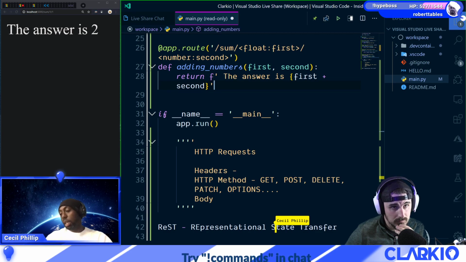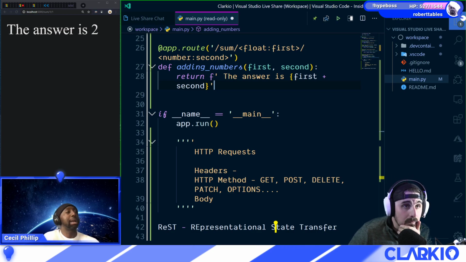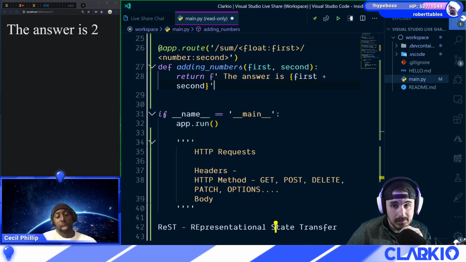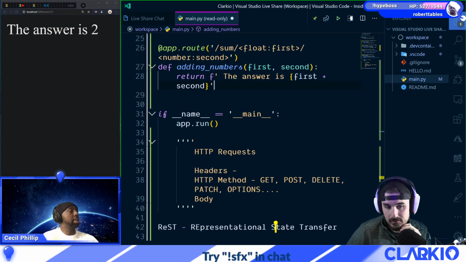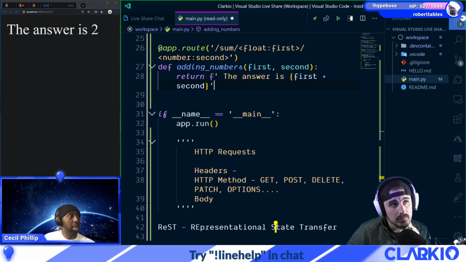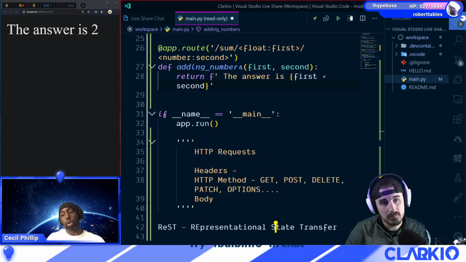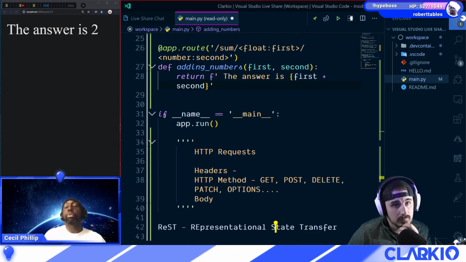Representational state transfer. This was a thesis from a guy named Roy Fielding back in like the 80s or 90s, I can't remember. He did it a long time ago. Like 1990s? 1990, yeah. And it was about using HTML to drive the state of the UI. Instead of making a request and getting all the UI back, just give me the parts that change, what part of my state changed, and I'll update my UI, or my UI would be driven by these stateful